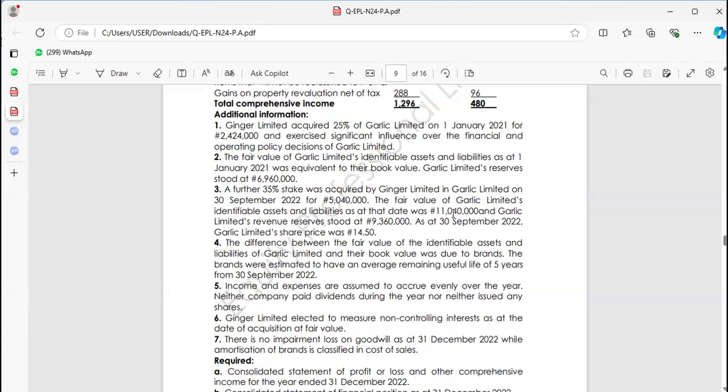The third one, before we start solving the question: I will calculate gain or loss on previous investments. I will start with simple cases, where you will not see associates. If you can calculate gain or loss on previous investments, you are good to go. Lastly, are they in the same line of reporting? Those are the only 4 things you need to know.